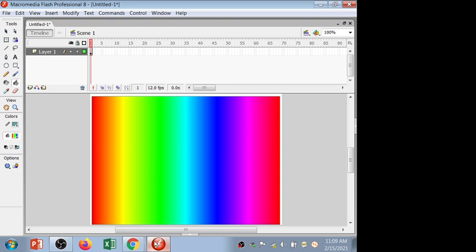Now on the next layer I'll select one object and I'll just draw this object. Now this object should be filled with color, right? And you have to select that object layer and apply the mask.